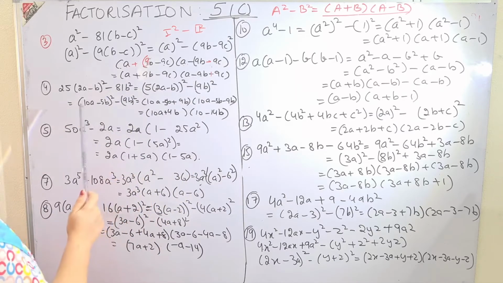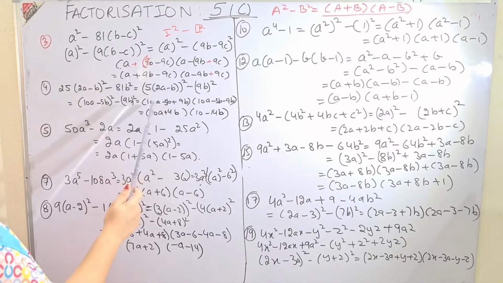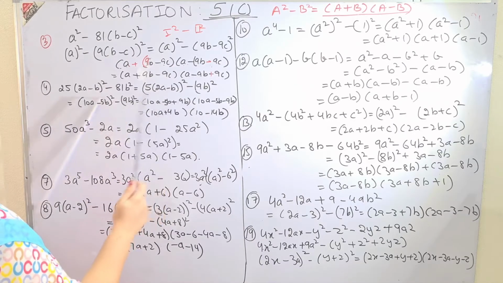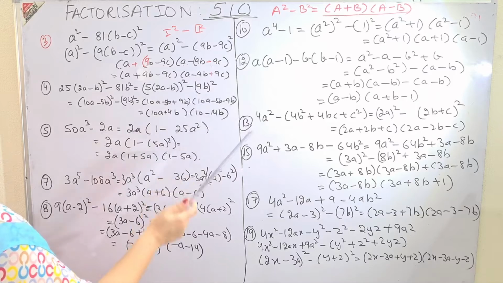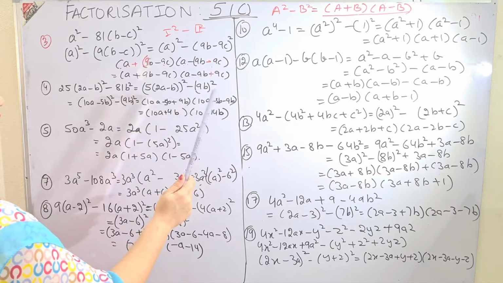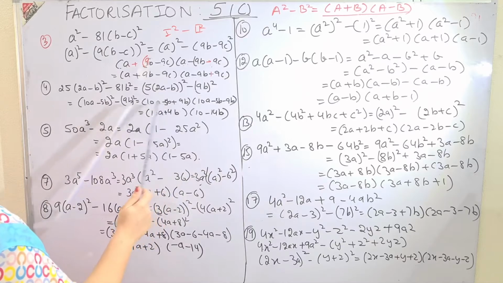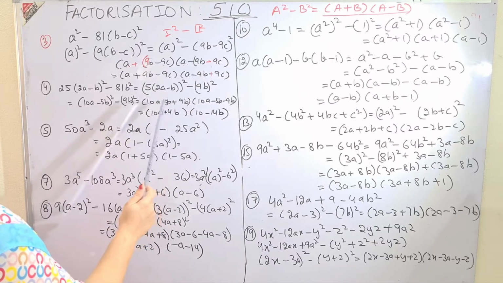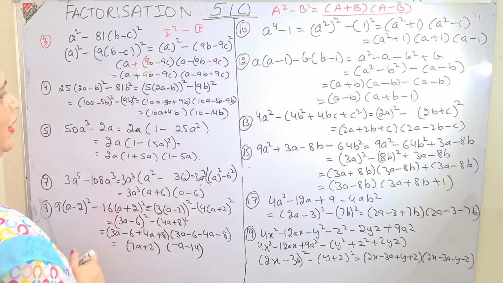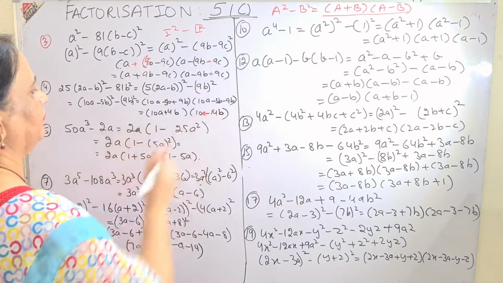You multiply 5 inside, 10a minus 5b. So a plus b, 10a minus 5b plus 9b, a minus b. Take care of the signs, because if it is a minus sign outside, the sign inside will change. Again then you do the needful: 10a, 9b minus 5b, 4b, 10a minus 14b. So this is your answer.